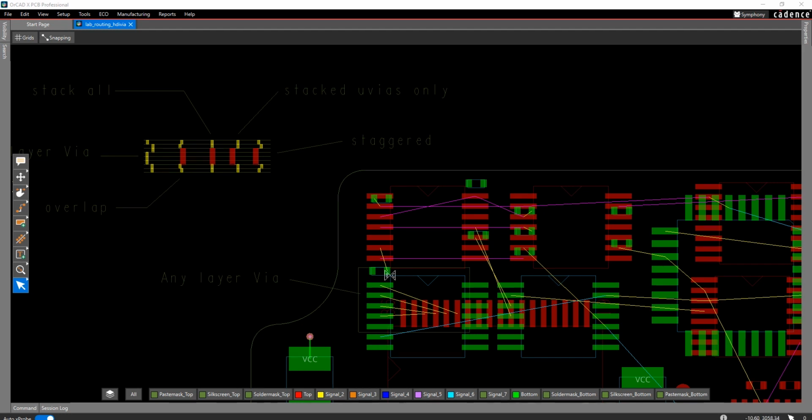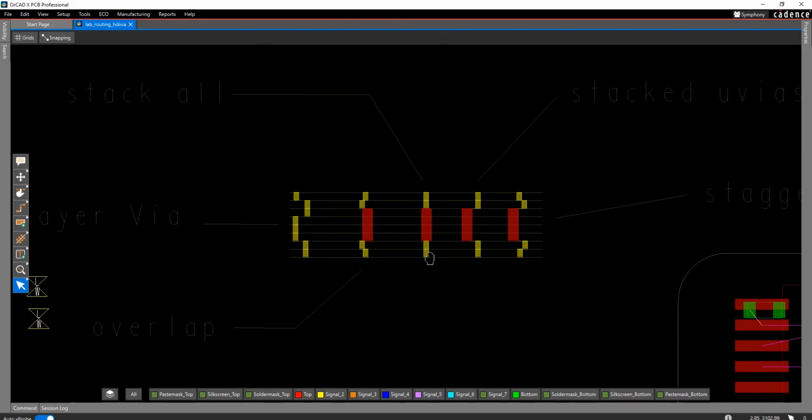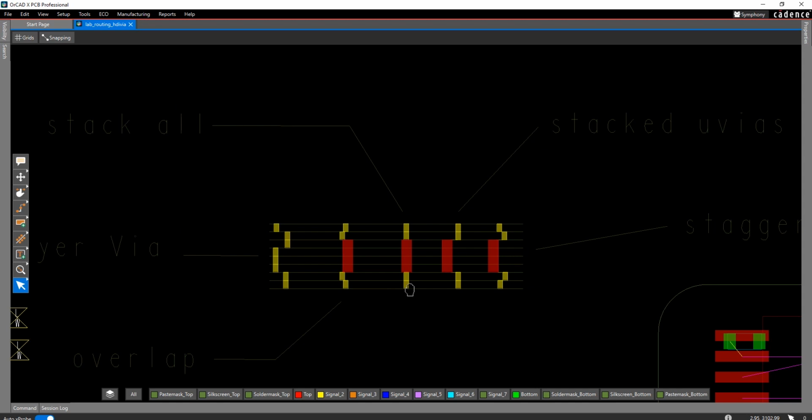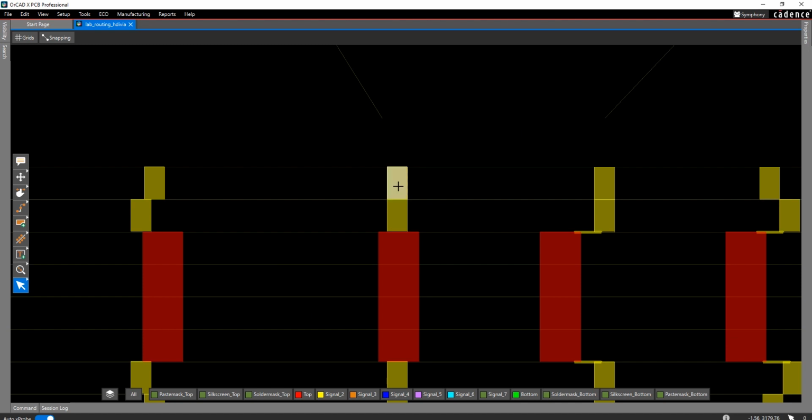This video is going to talk about HDI routing in OrCAD X. We'll start here with this little diagram of a cross-section of a PCB just to illustrate when it comes to HDI routing, there's different types of manufacturing rules which would dictate what kind of HDI routing you're going to do. You may have a situation like these little yellow squares represent microvias and the red blocks represents a